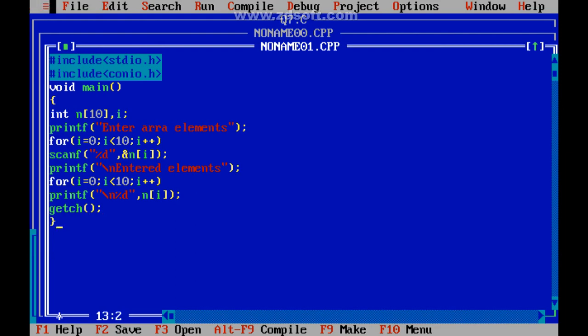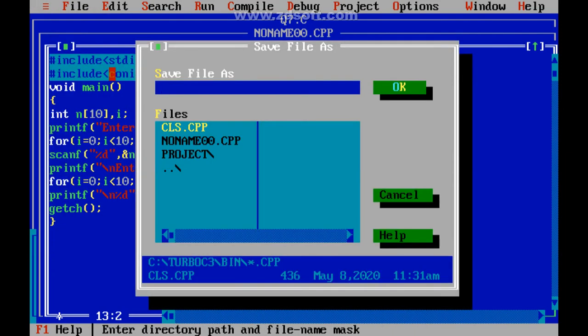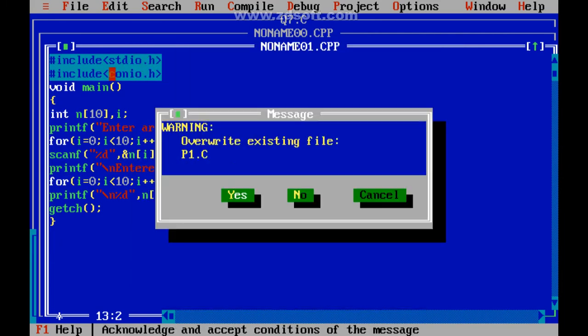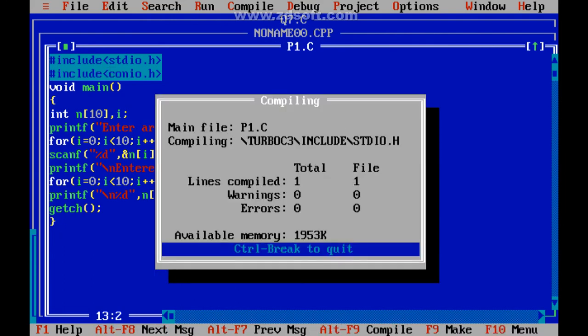So I will save this as p1.c, hope it is already there, so overwrite. Alt F9 for compilation, no errors. Control F9 for execution, no errors. Enter array elements.